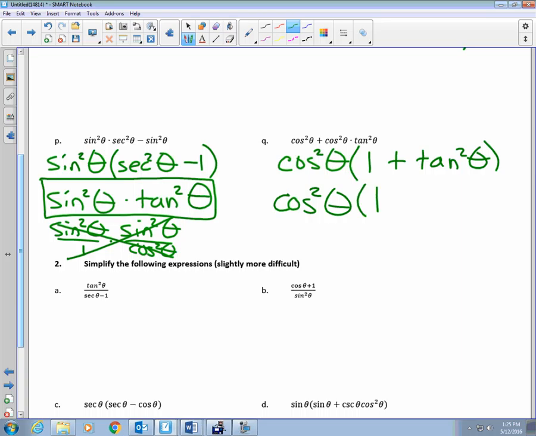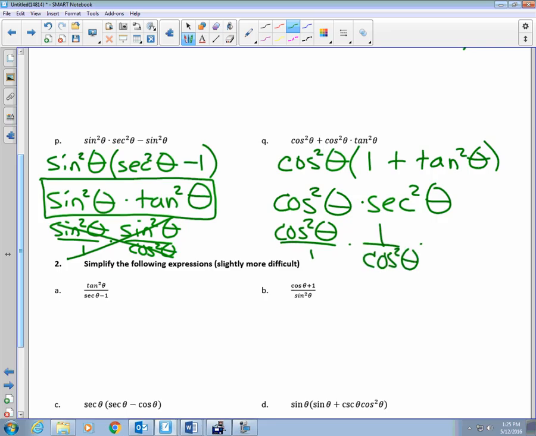Yep. So 1 plus tangent squared is secant squared. Now this is just like a problem we did the other day. Cosine squared over 1 times what is secant squared? And I get